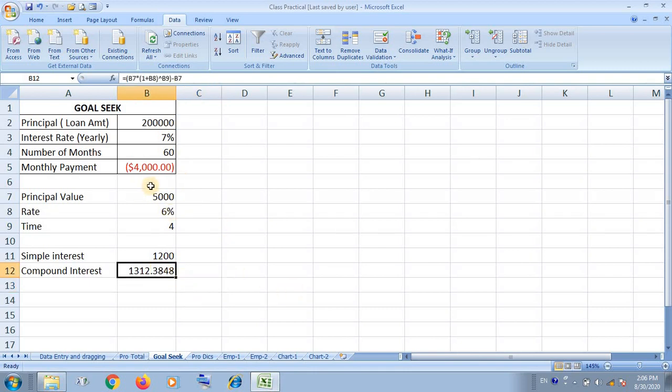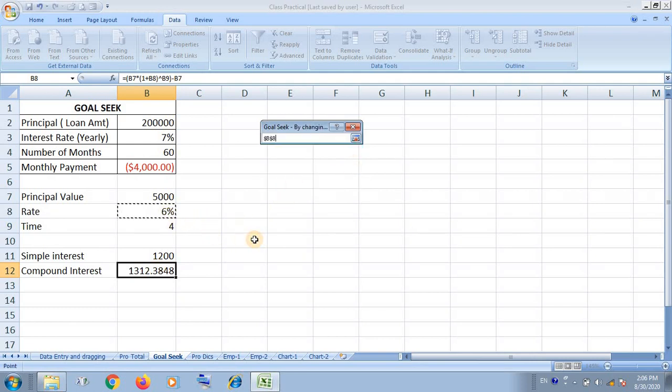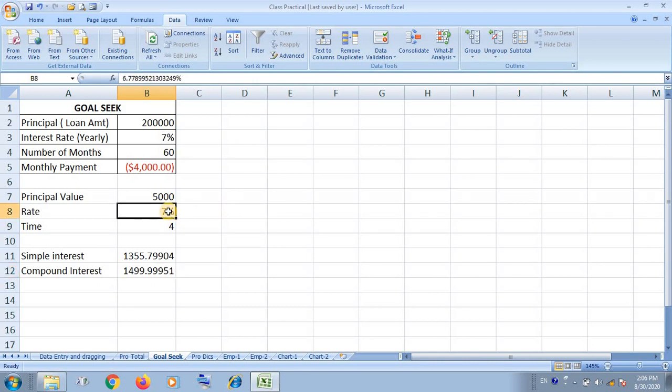compound interest. I have to adjust now the compound interest using Goal Seek. I want the compound interest to be 1500 in place of the present amount, and I will select here the cell address of interest rate, and I want to check what the percent will be. It is 7%. You are looking here, when it is 7%, then it will complete the